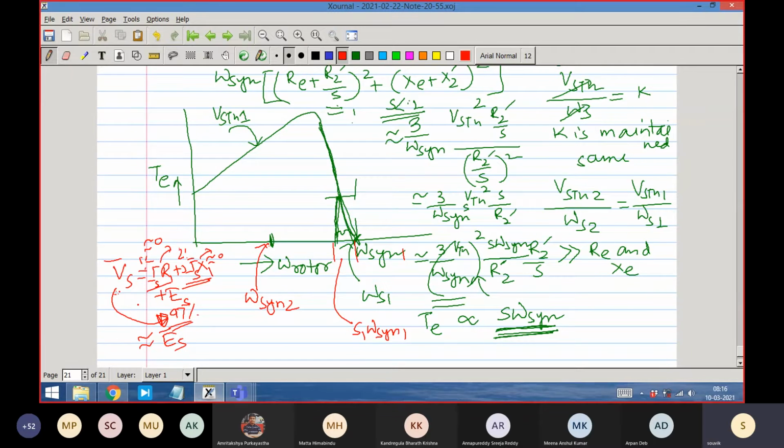So if you change the frequency to low, but don't change the supply voltage, the consequence will be that since the frequency has dropped, a higher flux level has to build up in the machine in order to match the induced EMF, which has to match the supply voltage. So what is the consequence? The consequence is that the machine will saturate.